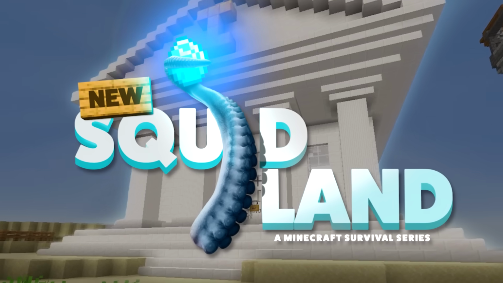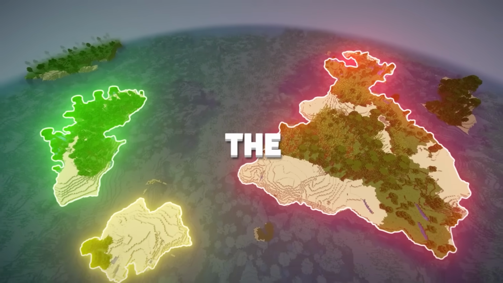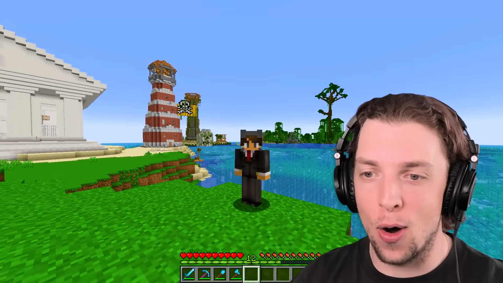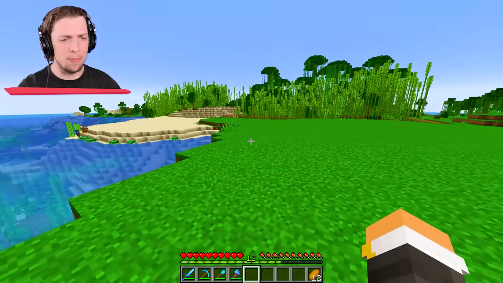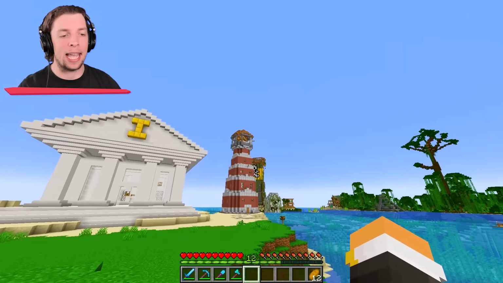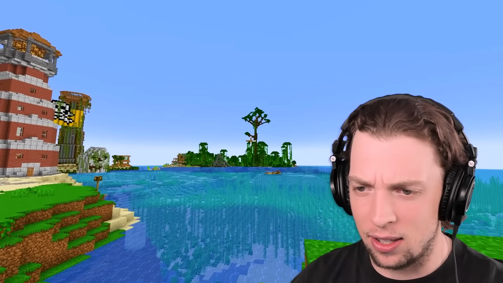Welcome to Squid Island. It's a Minecraft series with me, Jelly, and Crainer, in which we play on the Squid Isles. And here I am, and whoa, what the heck is going on? I'm currently over here on my island. I've got two buildings, the Squid Bank and my lighthouse. And, well, over on the Jelly Island, there's a...